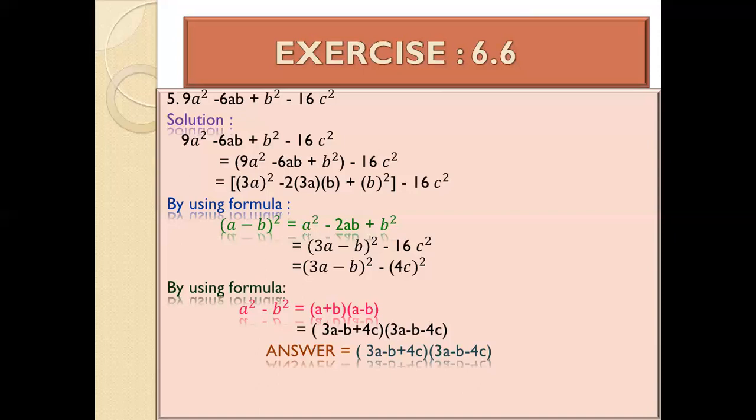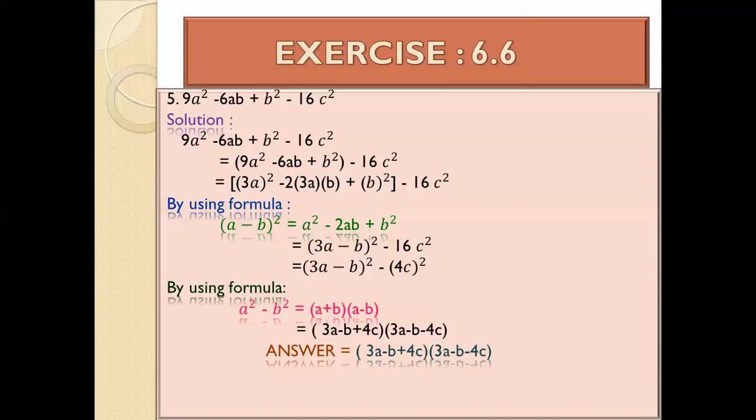And this is the last question of this exercise, and we have done. We complete this. Again, I'm repeating that this is the fifth type of factorization, and in this exercise we apply two formulas at a time. First, in every question you enclose three terms within a bracket and leave the fourth one. After applying the formula on these three terms, it will be converted into a plus b whole square or a minus b whole square. In each and every question, the same formulas are used.